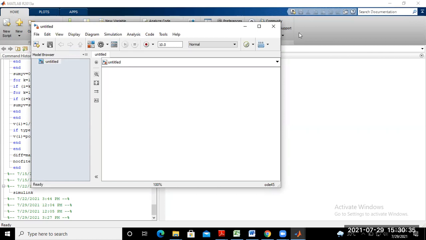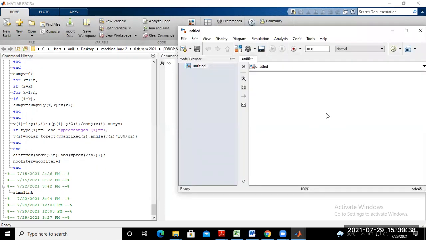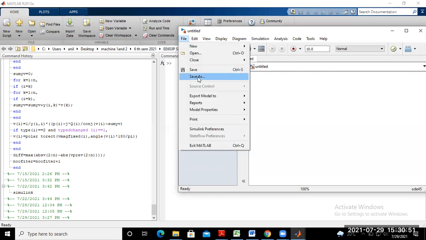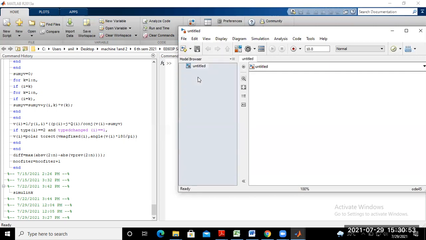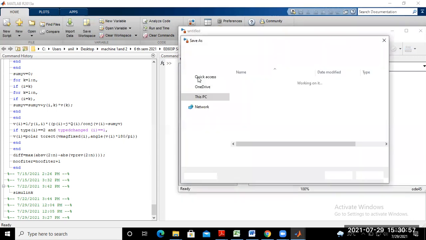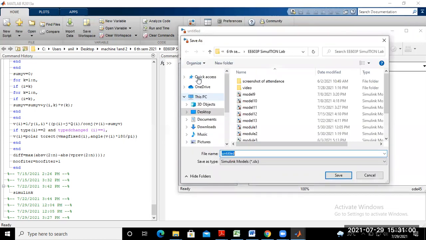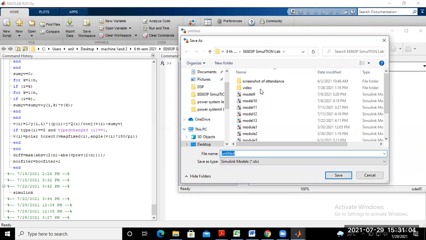In this place we will simulate the circuit. This untitled model we want to save. So just go to File and Save As, in any folder where you are comfortable, where you want to save this model. I want to save this model in this Simulink lab folder.